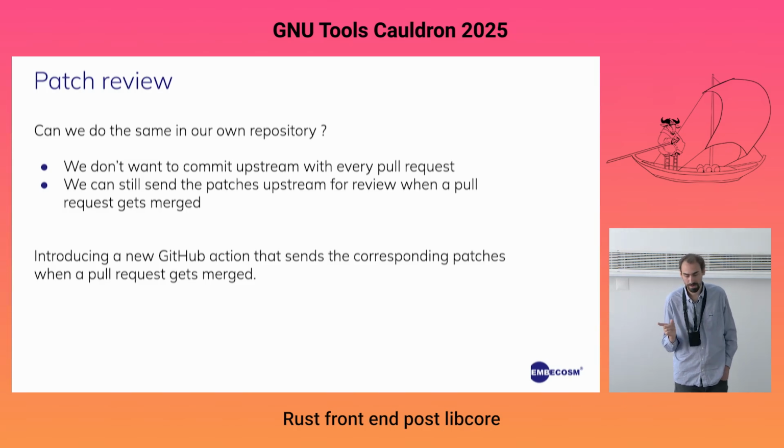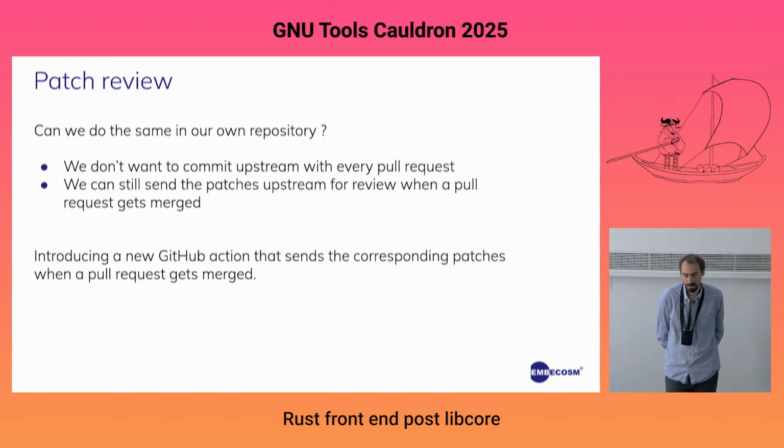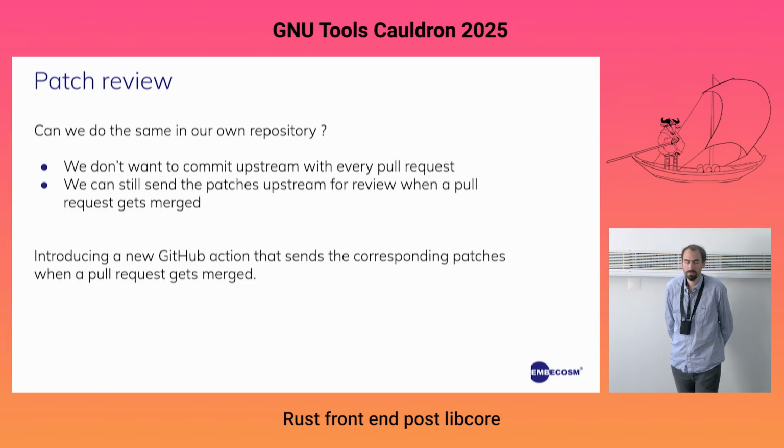This means that every change from an accepted pull request downstream will be able to be reviewed by anyone upstream, and the changes will be in the same patch list. So it will be easier for everyone, and it will keep the amount of simultaneous patches very low. I mean, pull requests have at most, let's say, 10 commits. It will be a lot easier, at least a lot easier than 200 commits.